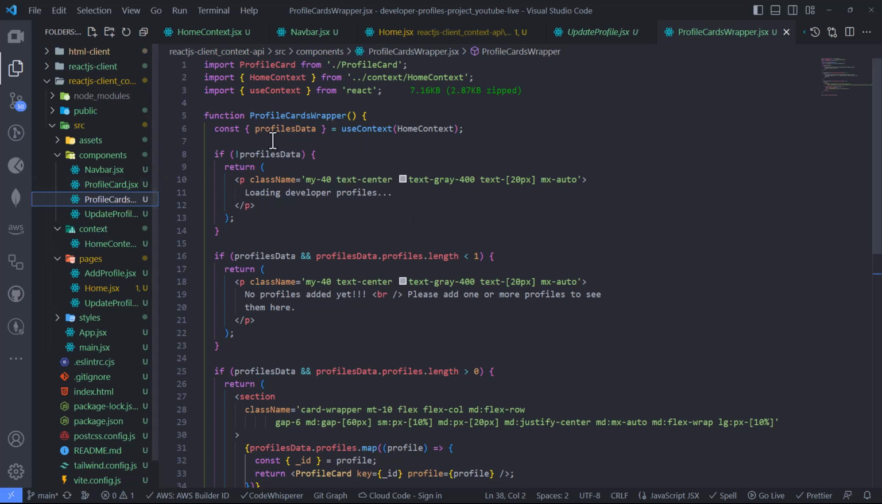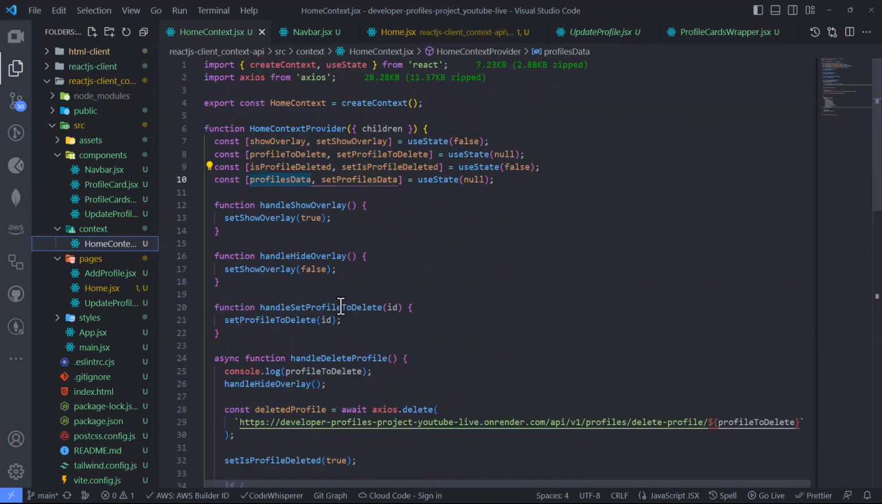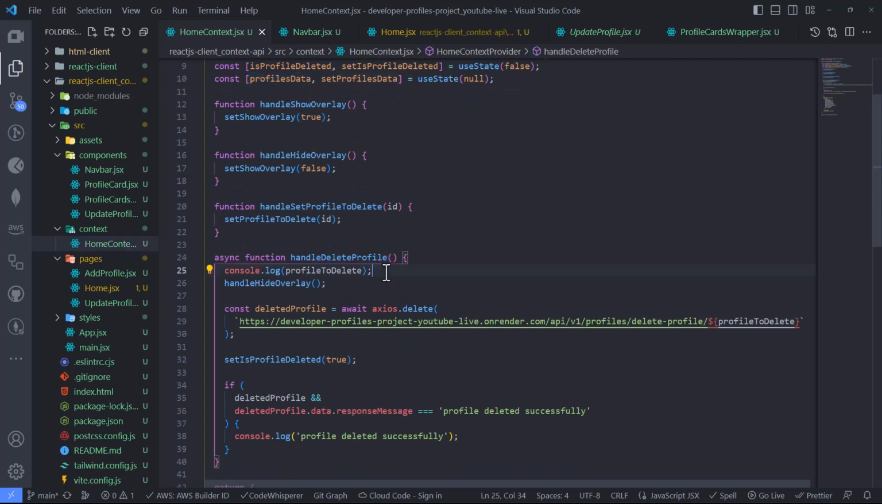So now we can't receive the profile data directly to profile card because we needed to perform a map here to duplicate our profile card. So we'll use profiles data here, and this will be the only place that we're going to pass props. Right, guys? This is us implementing this, and it's just so beautiful, right? So we have a handle show overlay, we have a handle hide overlay, we have a handle set profile, we have all of this logic. We can delete this, right? We don't need